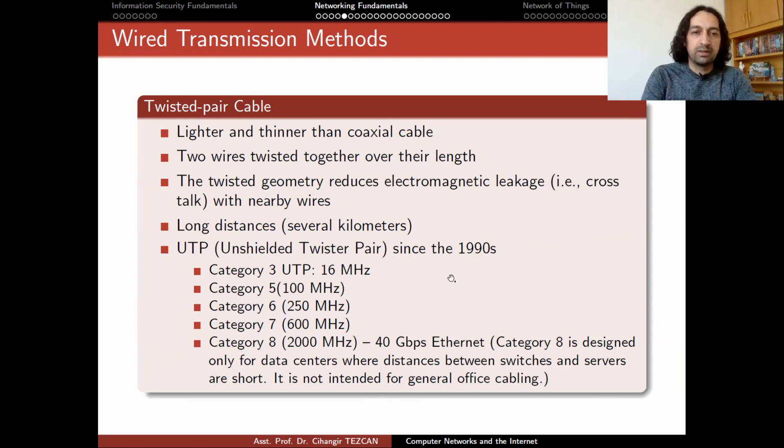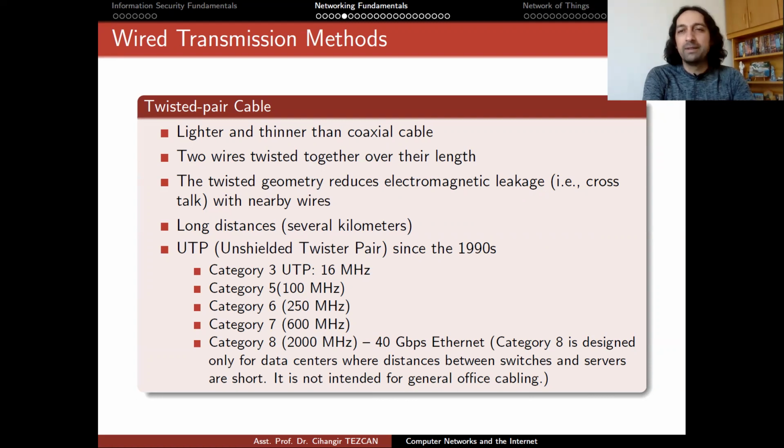It has been unshielded twisted pair since the 1990s. There are many categories, as you can see here, but most of the time we use category 5 or 6, which allows gigabit Ethernet. So you can have 1 gigabit per second in category 6, but also in category 5. Some people think that category 5 doesn't allow you to reach the gigabit per second limit, but actually you can. But of course category 6, referred to as Cat 6, by the way,